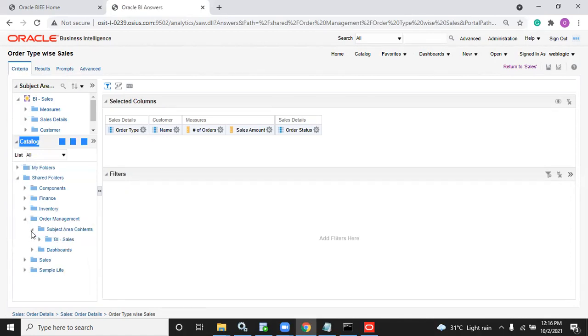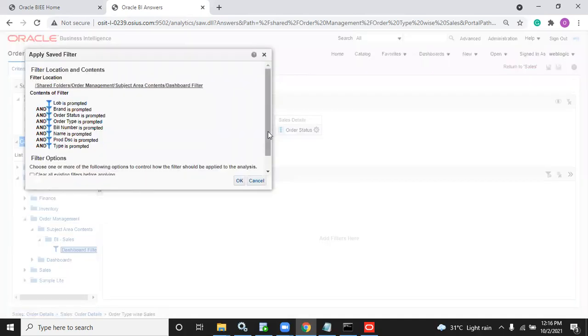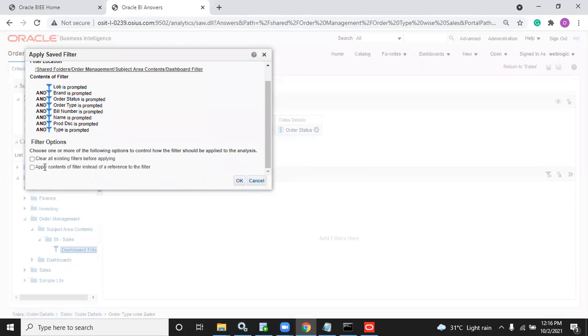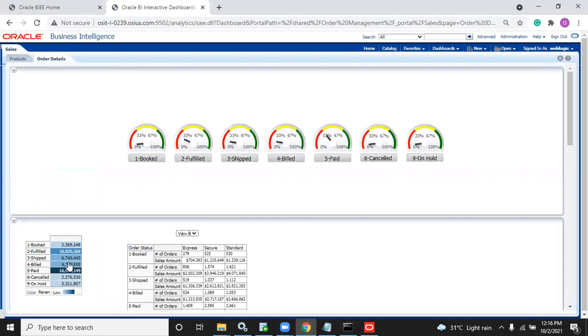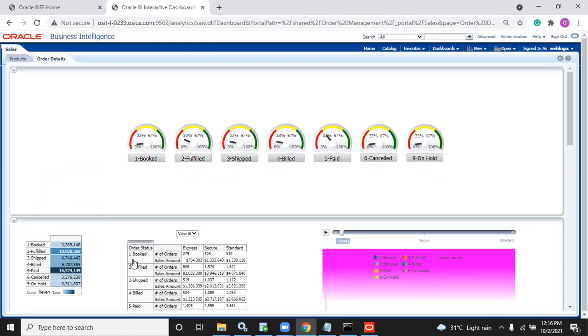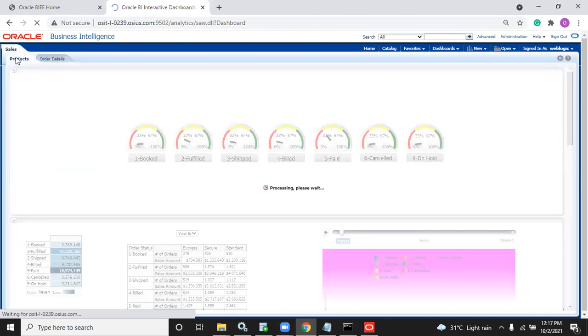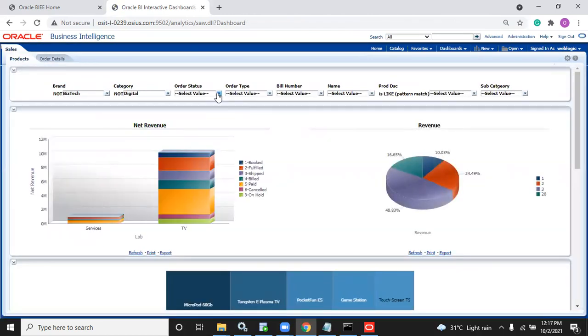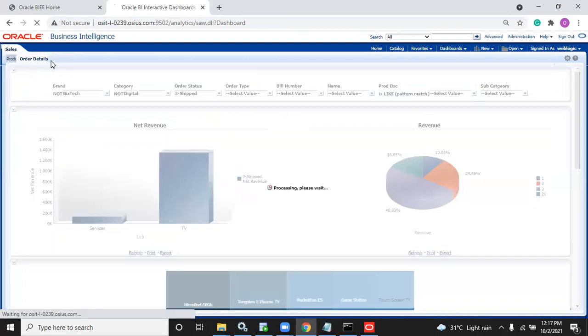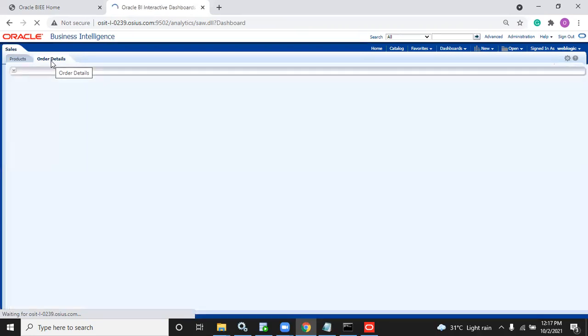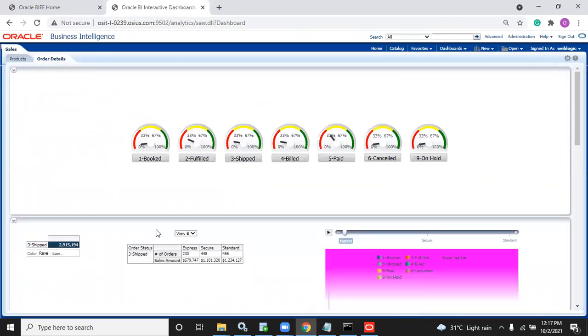So this is important. Whatever I'm teaching you is most important right now. Either you can add the name or you can add the apply. Anything is fine. Yeah. Here I came to dashboard now. Okay, I added it in these two. I did not add it to the rest of the reports, but I added it in these two. Now come to products. You selected something in order status. I selected shipped. Shipped is selected, right? Now come to order details. Here I did not select anything. There is no filter, but it is getting filtered.